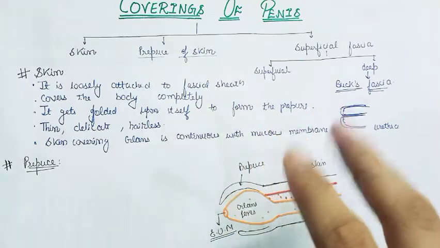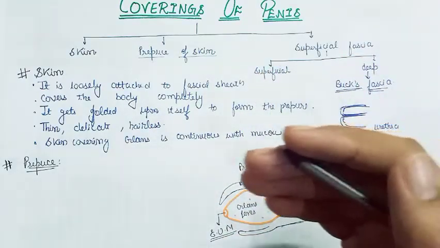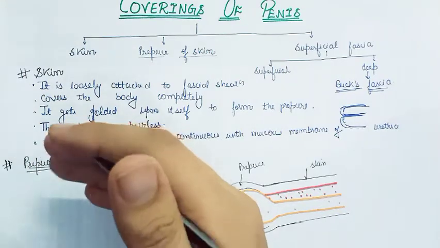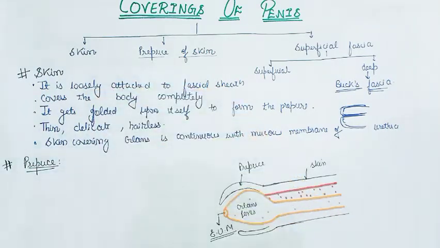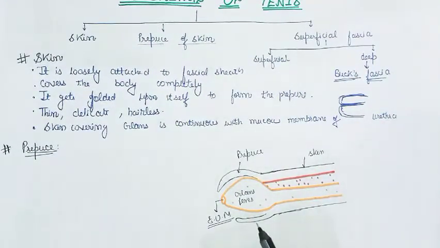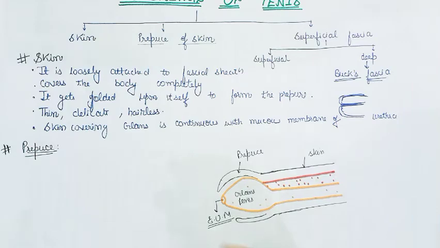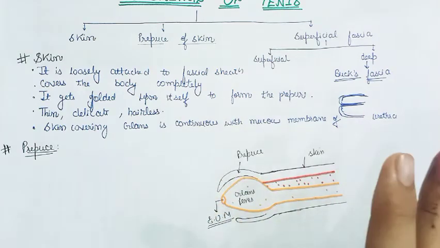In this diagram, two labelings are missing that I will draw when discussing the next topic just after the prepuce. You can have a look at this diagram, and there are two missing parts. You can see here is an incomplete structure. I have not joined this line. And there is one more point to tell you. So just watch till the end and you will get a whole orientation of this diagram.